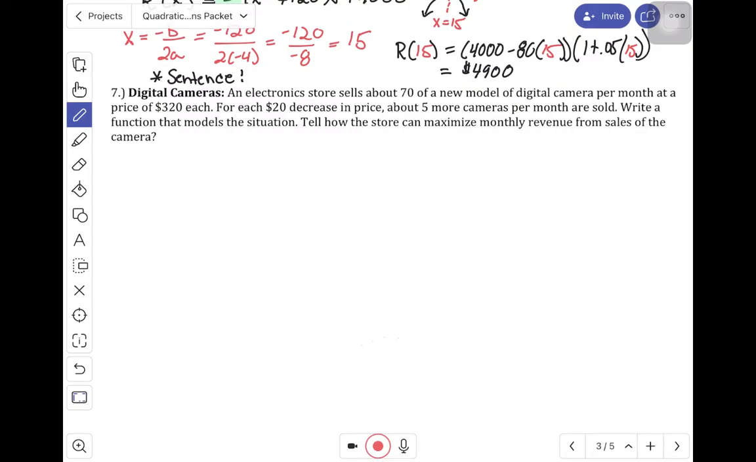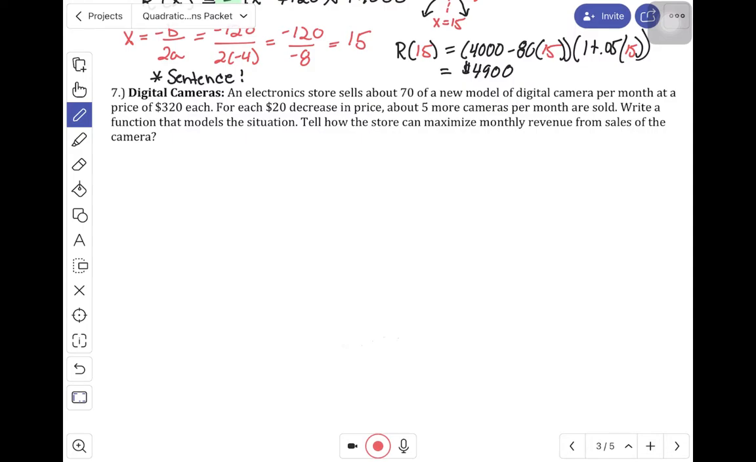Just to make sure you understand it. We're going to talk about digital cameras. An electronics store sells about 70 of a new model of digital camera per month at a price of $320 each. For each $20 decrease in price, about 5 more cameras per month are sold. Write a function that models the situation, and then tell how the store can maximize monthly revenue from sales of